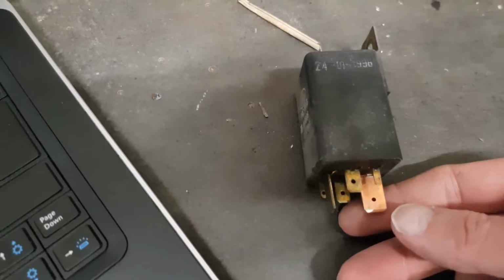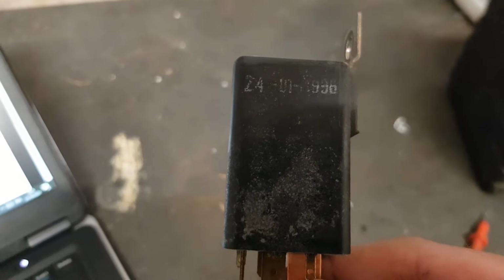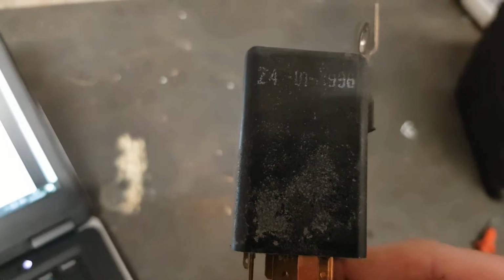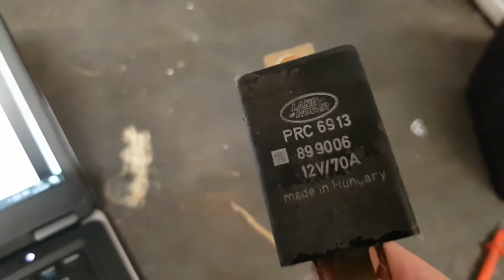Back in the relative safety of the garage now. This is the relay off, and you can see it's date marked 24th of January 1996, which corresponds with my model, which is March 96. So it's time to record, and this is 25 years old, so it could be the case that this is